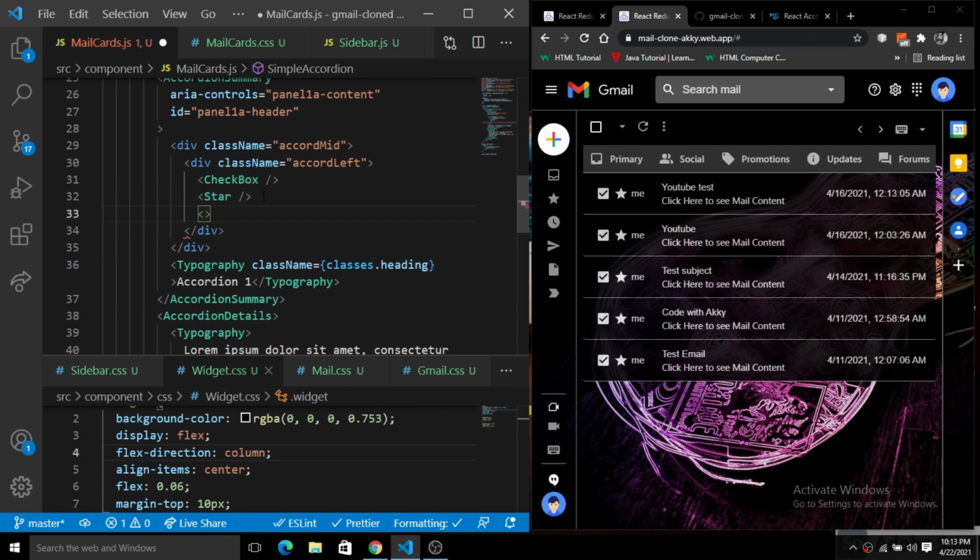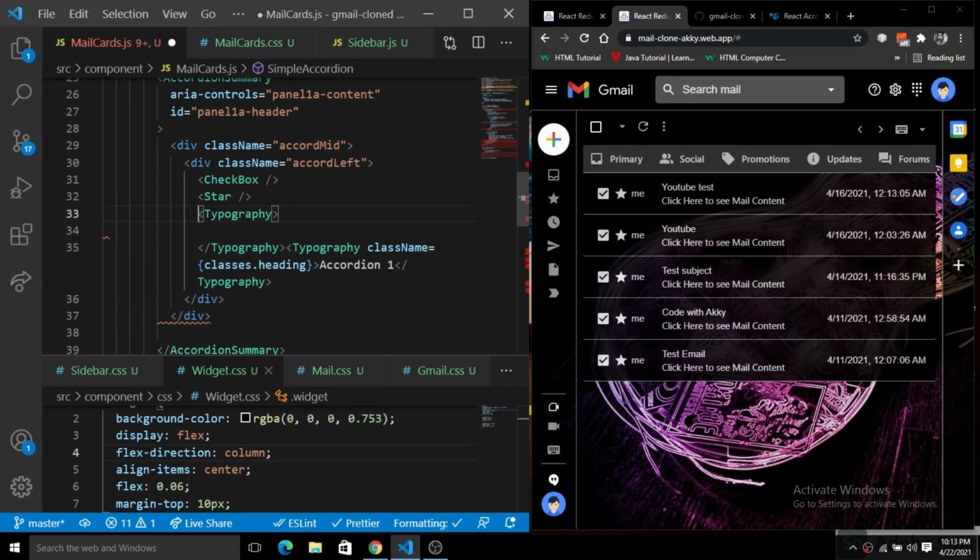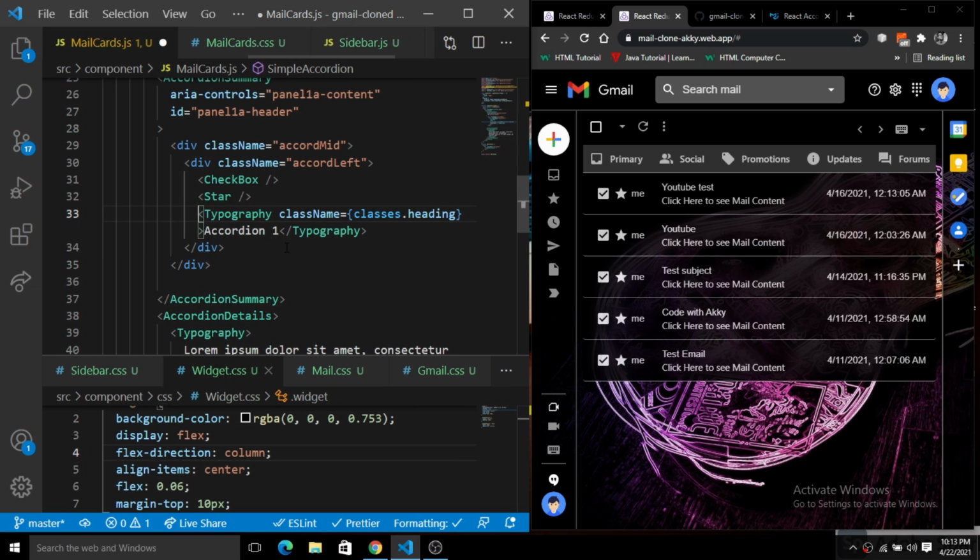Just use a typography, and here we will give a class name. We will use this typography there, accordion one. So just grab this and put it here, and remove the extra typography from here. Instead of this accordion one, we have a username, or we will add a hard-coded text, a username, inside of this typography, right?